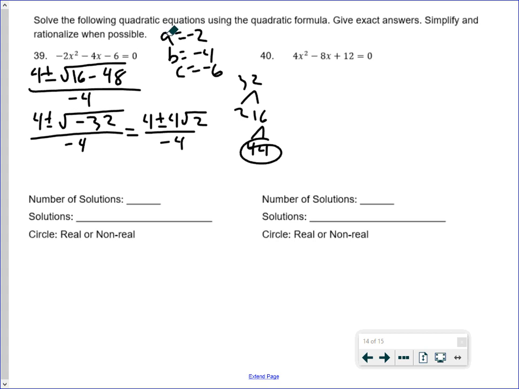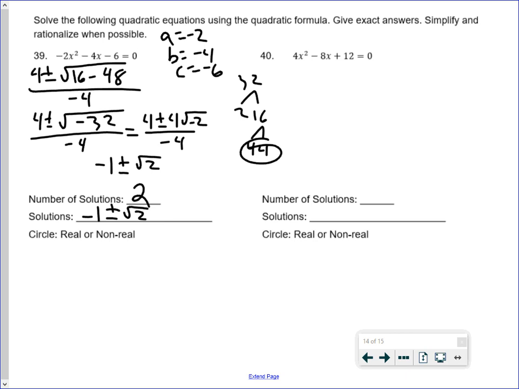And we see we have 3 4s here, so we divide all 3 4s by negative 4 to get rid of the denominator, and we end up getting negative 1 plus or minus root 2 as our answer, right? And our number of solutions, we see our discriminant is non-zero, so we know our number of solutions is going to be 2. Our solutions are going to be negative 1 plus or minus root 2. And is it